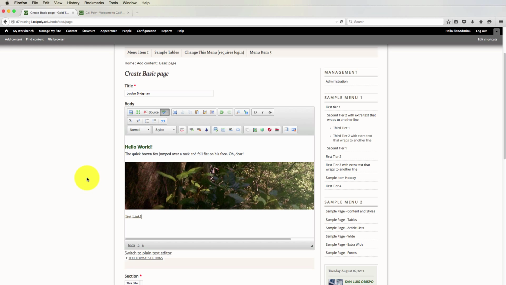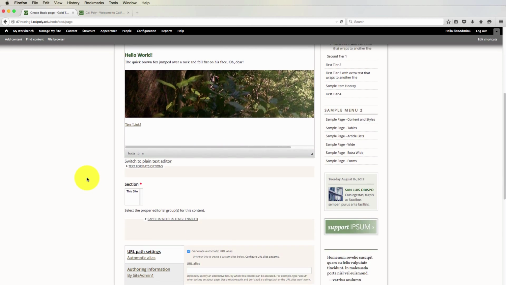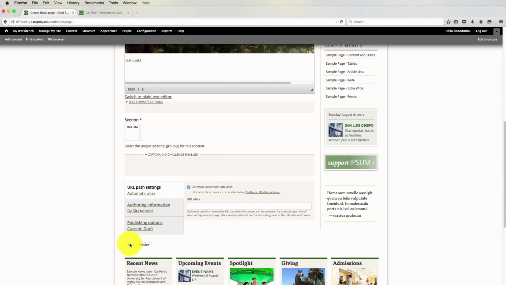When you're all done editing your page, you'll want to save your work. The Save button is at the bottom of the page, but keep in mind, if you're about to save a page that was just freshly created, you'll need to select the Site section. For most sites, this site is the only option, and all you need to do is click that. But we'll talk more in later videos about what other kind of options can be here and what they're used for.